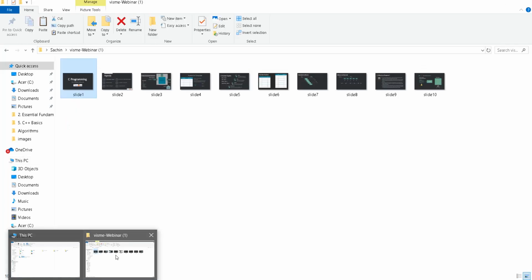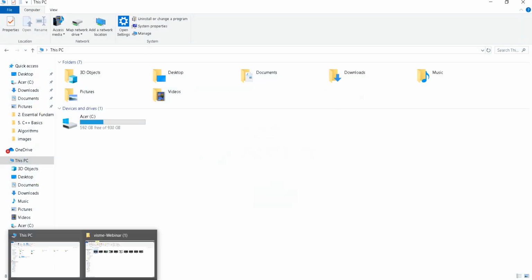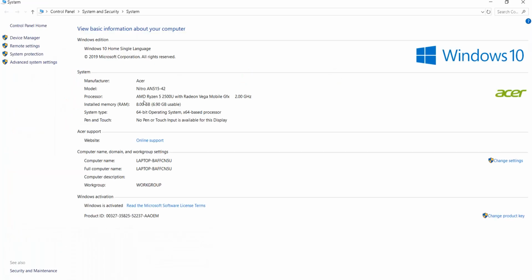And if you see my RAM, my RAM is just 8 GB. So why is this RAM introduced? Hard disk is a slow memory. If I want to access any data inside my hard disk, then the access is very slow. Since the access is very slow, we introduce a very temporary memory called RAM, which is a very fast